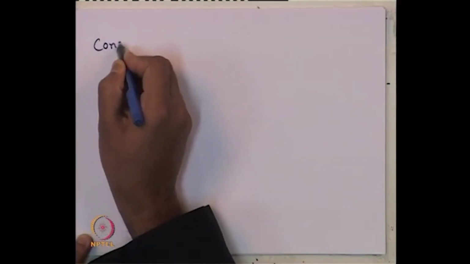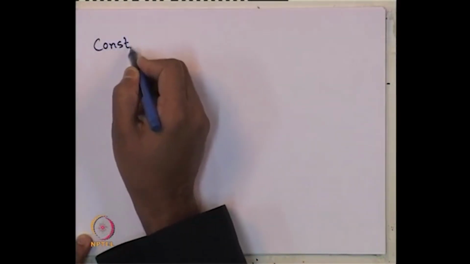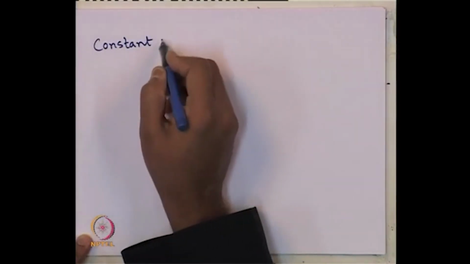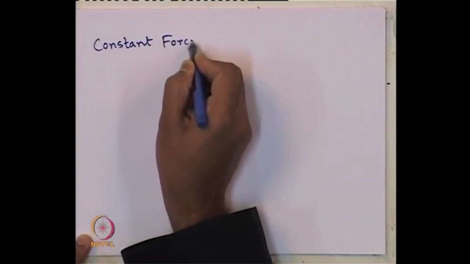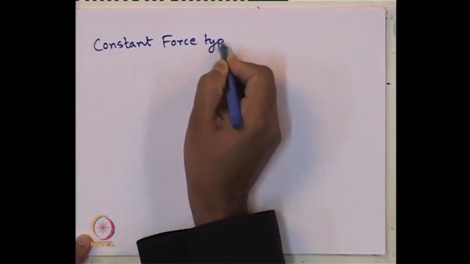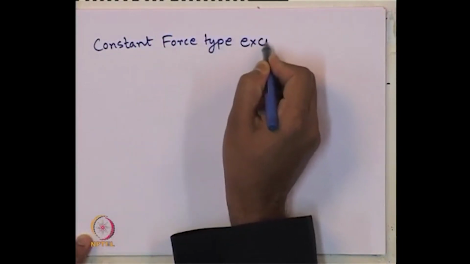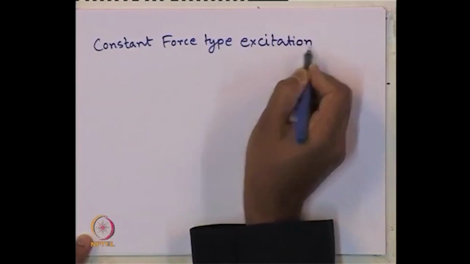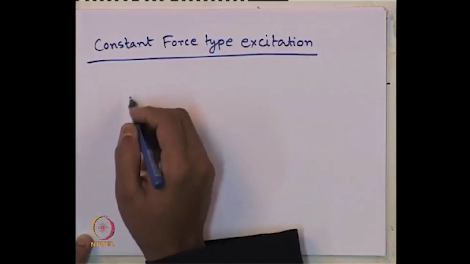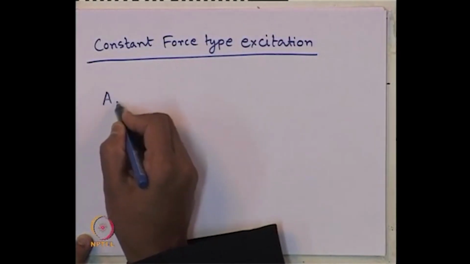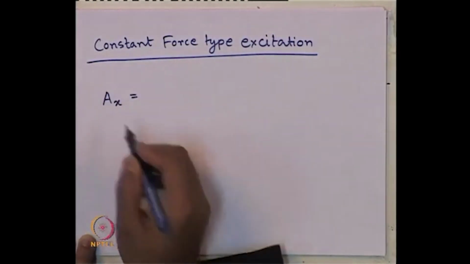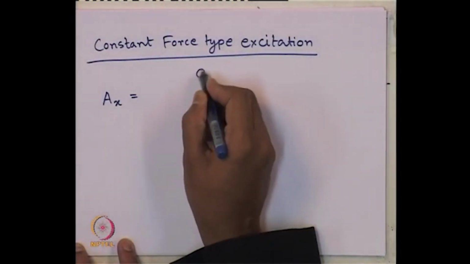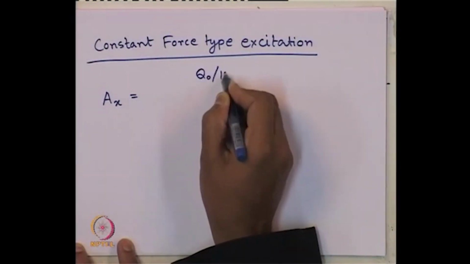So, for constant force type excitation, Ax, in this case it is horizontal, can be computed by